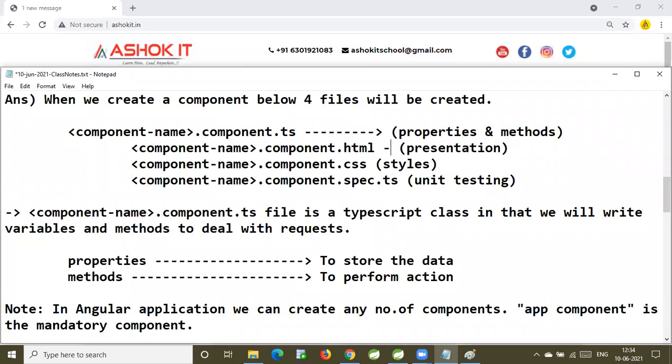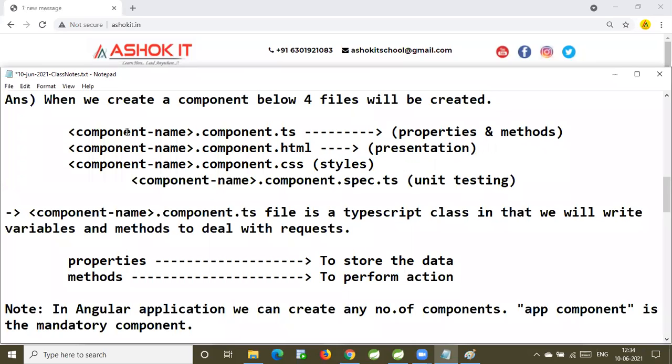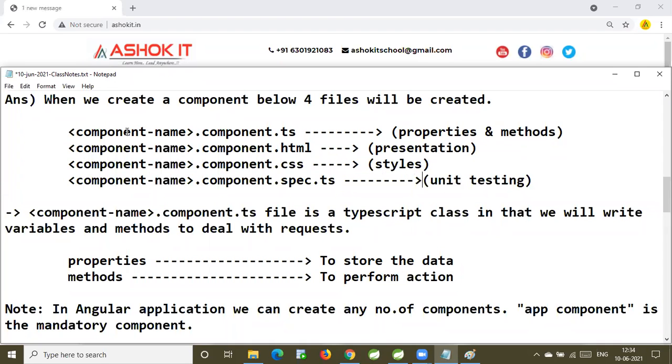Now, HTML file, it contains a presentation logic. Now, component.css, this contains the styles. And spec.ts, this contains the logic to perform unit testing.